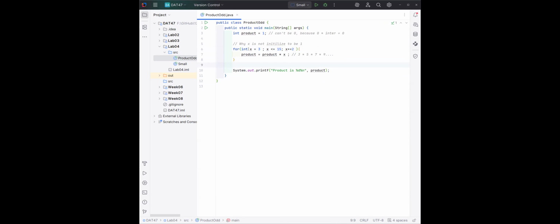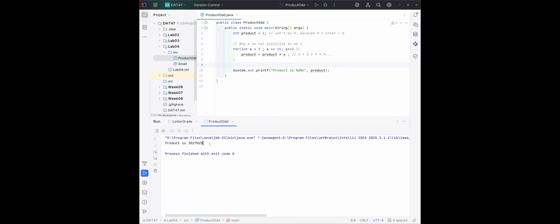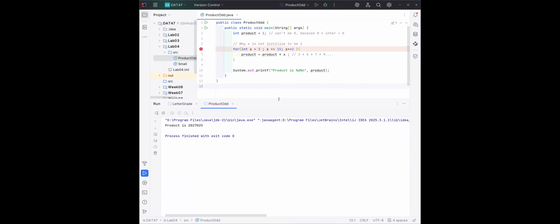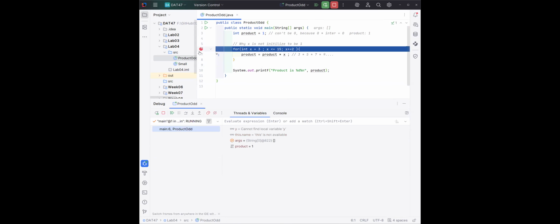So let's try to run this code. Now it gives me that the product is 2027025. All right. After that, I will debug it so that you can observe the variable values change. Let me close this window and click the debug. And once I set the breakpoint here,